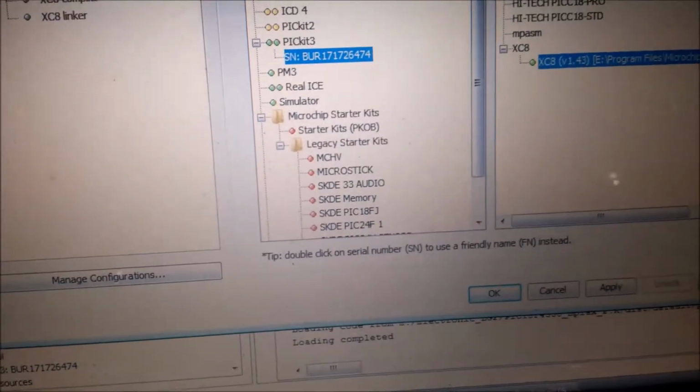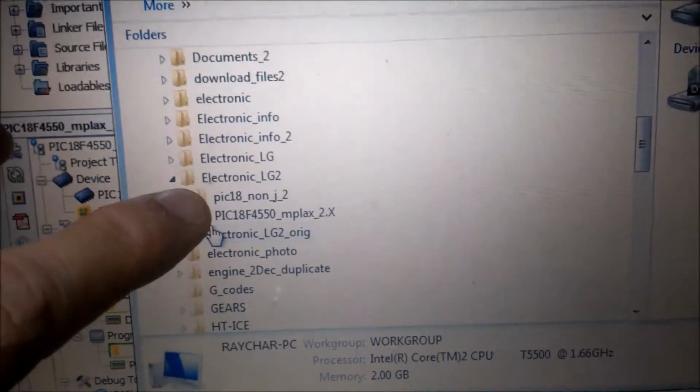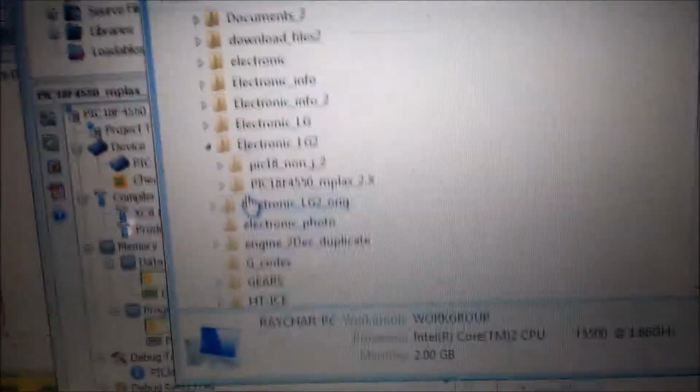With the compiler and the IDE, then I need to explain some software. And here I need to have the Microchip bootloader. This is the PIC18 non-bootloader program, and this is my main program. And where I get this bootloader program, it was in